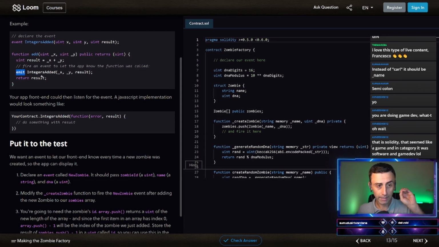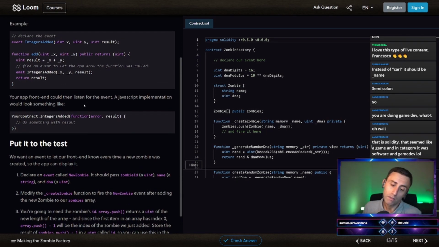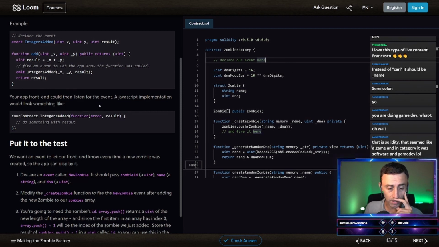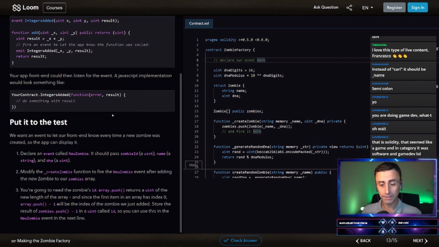Like, I don't know, the player has been damaged, or the player has killed something, and you get an increase counter for example. Okay. So where should, okay, here. Declare our event here and fire it here. Okay.